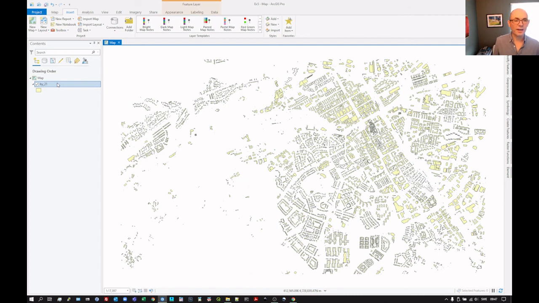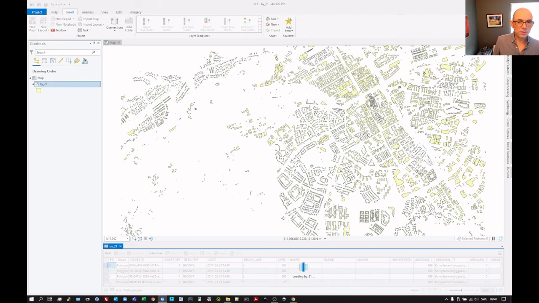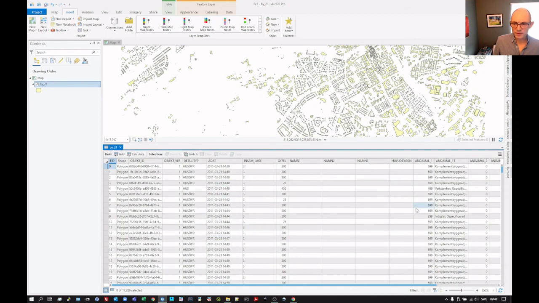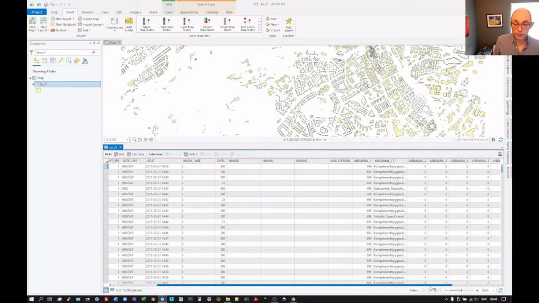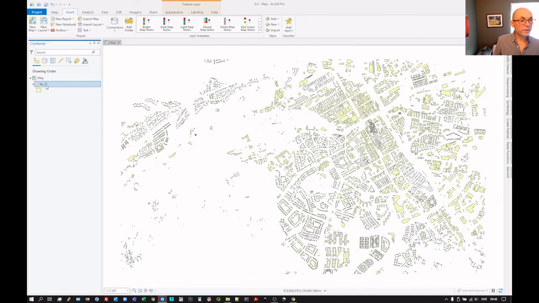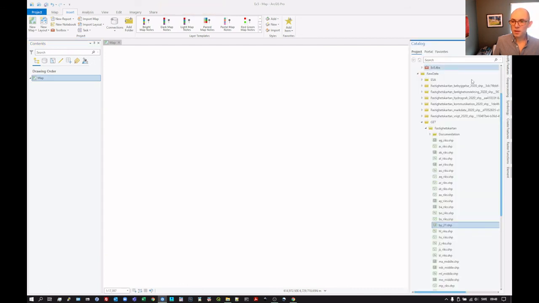It doesn't contain any styling information. We don't know what's in there. I mean, the data's in there in the attribute table. If we look here, there's a whole lot of information we could use to style the data, to change how it's appearing on the screen. But instead, we'll just remove that for now, and we'll go back to catalog, and we'll go